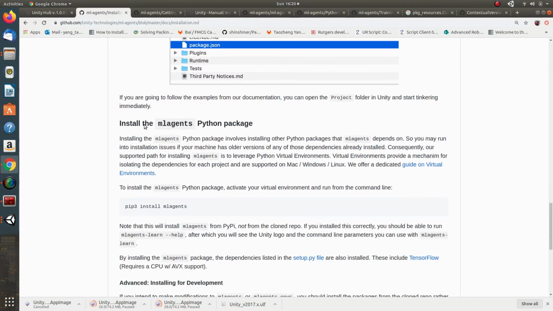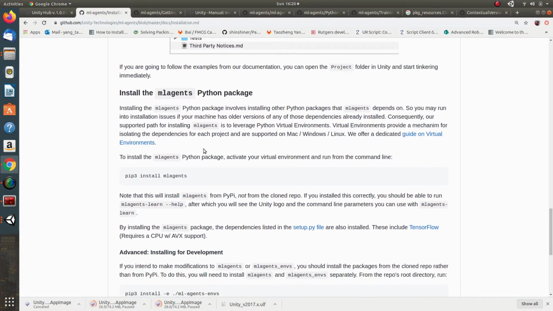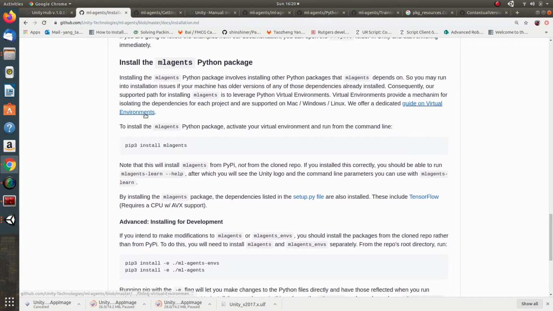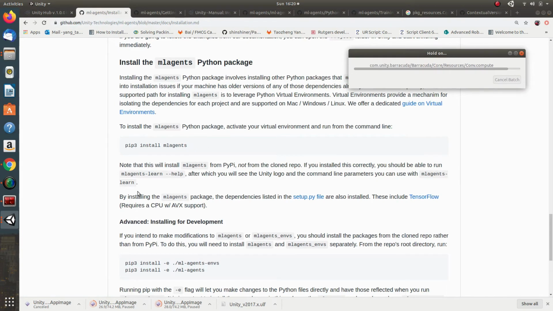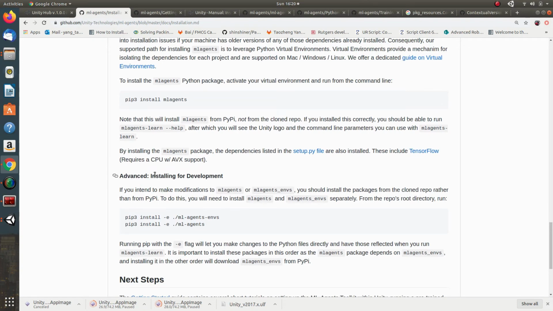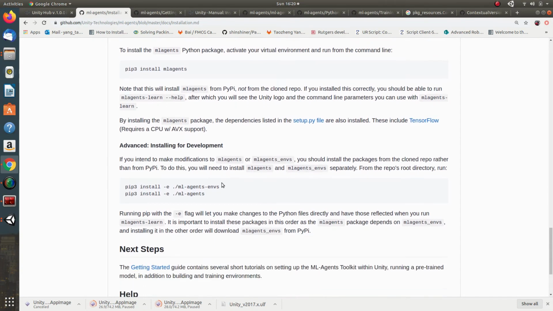The next step is we need to install the ML agents Python package into our Python virtual environment. For this step, you basically have two options. The first option is pip3 install ML agents directly. Another option is advanced mode, for development purpose. In my case, I want to use it for development purpose, so I follow this guide. The first one is pip3 install -e ML agents environments. Let's copy this